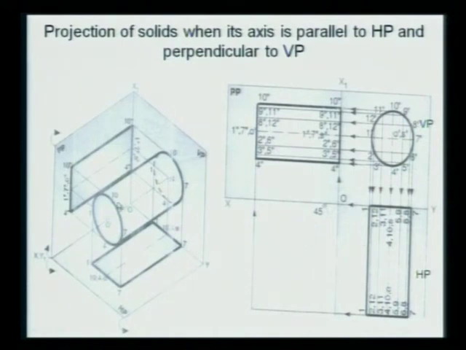Now in the top view, what can you see? This point and this point. So this diameter you can see in the top view, and this axis too. This diameter we already projected, now we want the axis. So take the axis from this point to this point and complete this rectangle. See that this rectangle starts from the XY line itself. There is no distance from the XY line. Here there is a difference because it is above the HP, but this one starts from the XY line. Why? Because it is